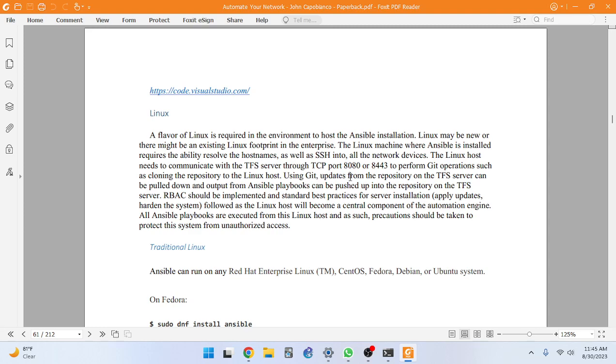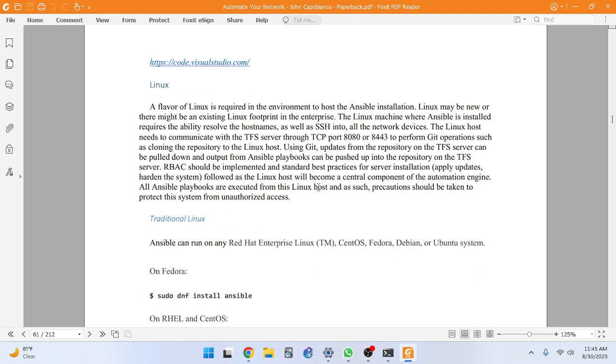Using Git, updates from the repository on the TFS server can be pulled down, and output from Ansible playbooks can be pushed up to the repository on the TFS server. Role-based access control should be implemented, and standard best practices for the server installation apply. Updates harden the system, since the Linux host will become a central component of the automation engine. All Ansible playbooks are executed from this Linux host, and as such, precautions should be taken to protect the system